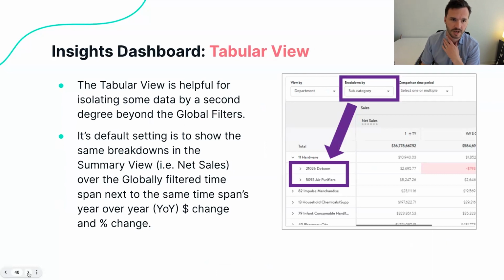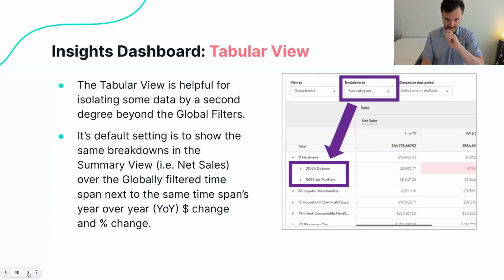So we talked a little bit about the tabular view. We can dive into that a little bit more already. So it's listed not by item, but by department level. And then within that, you have the subcategories. And so you can also do the comparison time period. You can edit that a little bit there in those